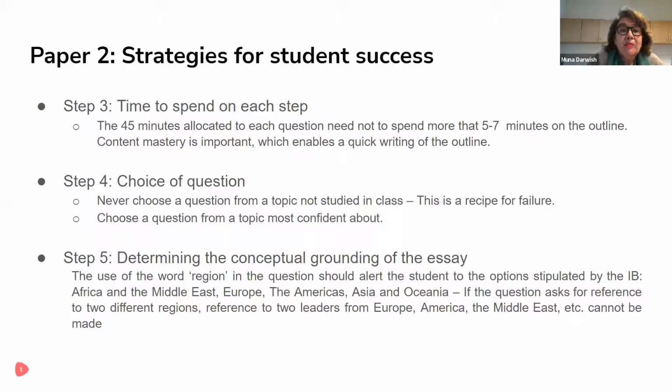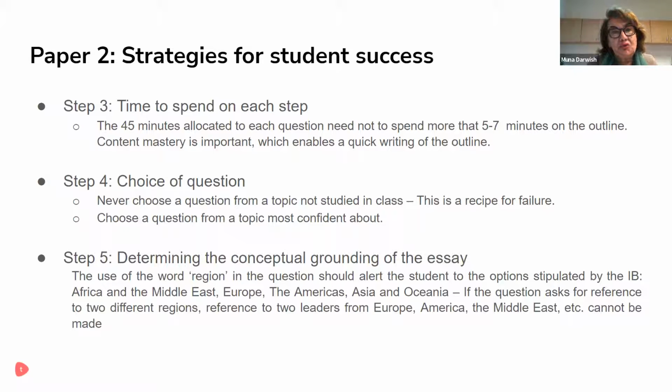And it's very important that when they are providing or developing their outline, they should identify the conceptual grounding of the essay. The conceptual grounding of the essay in reference to a region, as the IB indicates them. Number 1 is Africa and the Middle East, 2, Europe, 3, the Americas, 4, Asia and Oceania. And